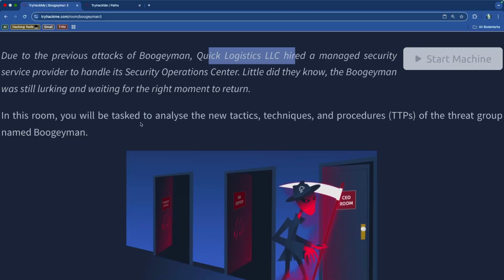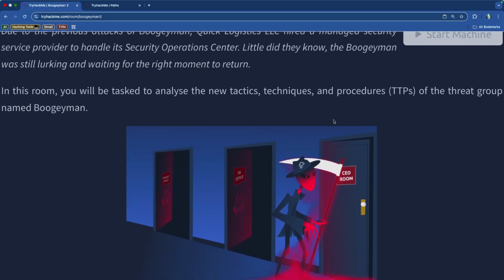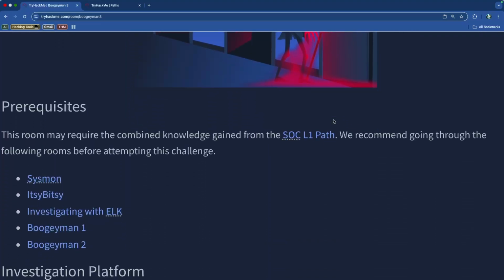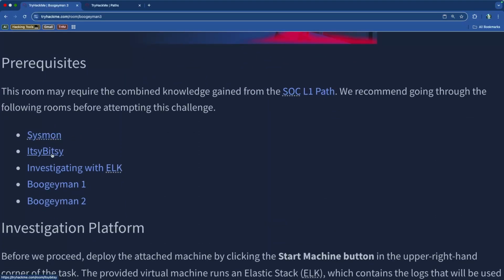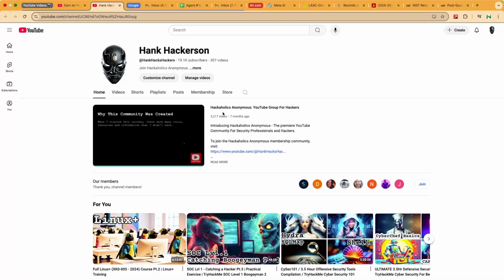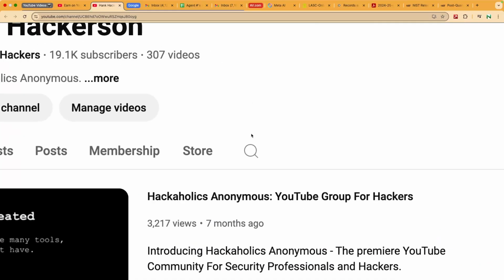And in this room, we're going to be analyzing the new tactics, techniques, and procedures of the threat group named Boogeyman. The prerequisites are these various rooms. So obviously Boogeyman parts 1 and 2, investigating with Elk, Itsy Bitsy, and Sysmon. And all of these are actually available on the channel. So if you go to the channel homepage and click on this search button right here and do a search